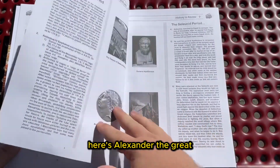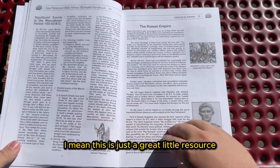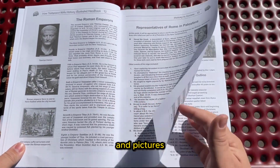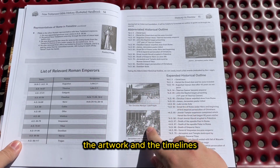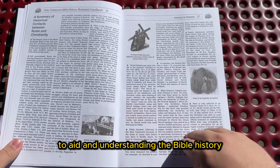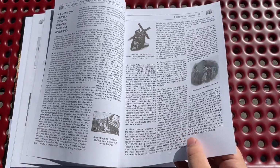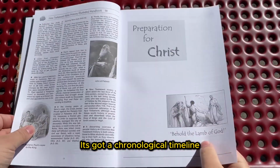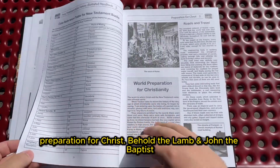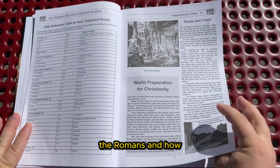Here's Alexander the Great and his generals. This is just a great little resource. Some of the standout features are the maps and pictures, the artwork, and the timelines to aid in understanding the Bible history. This is just a great little book all around. It includes a chronological timeline, preparation for Christ, behold the Lamb, John the Baptist, the world prepared for Christianity, the Romans, and